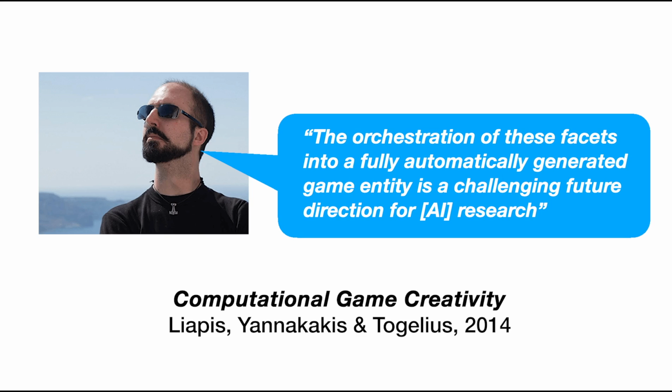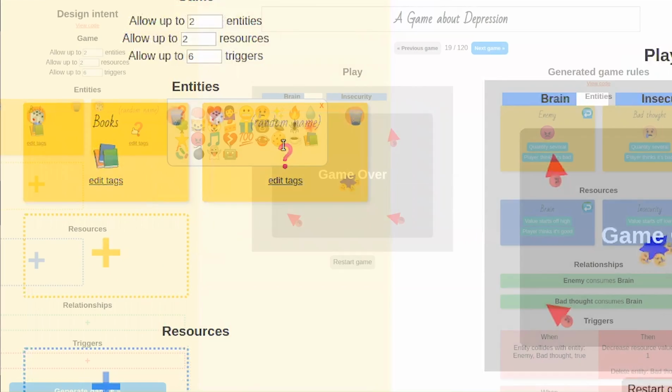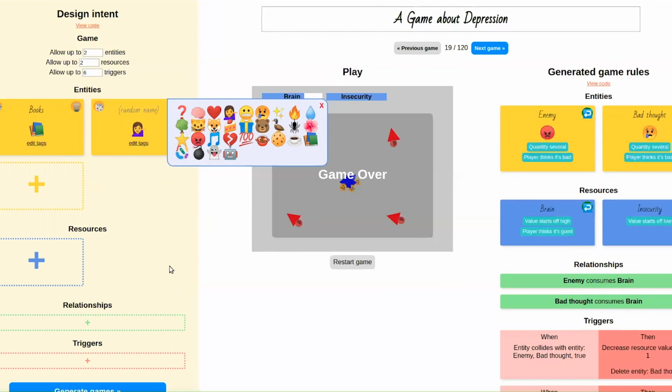And we can clearly see this reflected in many of the AGD systems in this era, as well as dozens of other similar design systems that were made during a similar period. Today there are more automated game design systems than ever before, working in many different genres and modeling different kinds of game design activity. This is footage of Germinate, the latest AGD tool to emerge from the work at UC